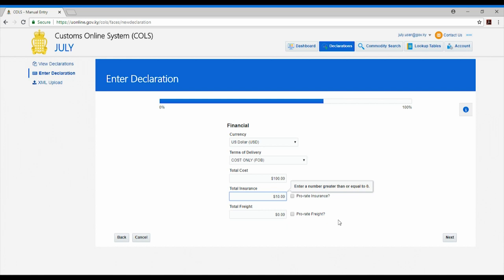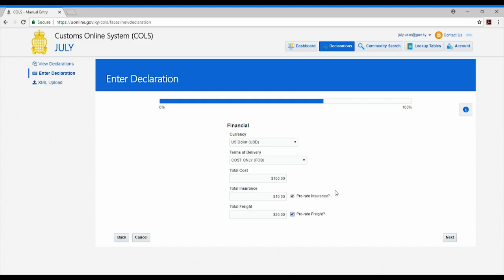You have the option to ask the customs online system to prorate insurance or freight or both. Please bear in mind that the customs online system will prorate. Next,